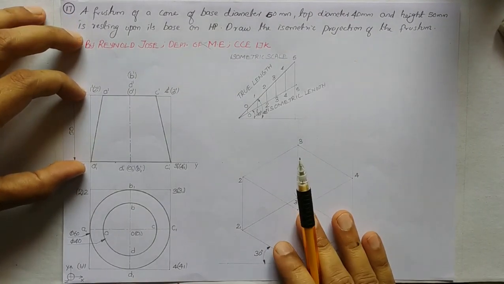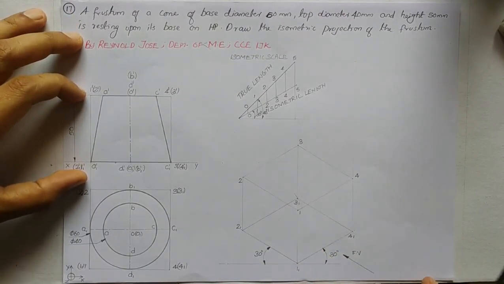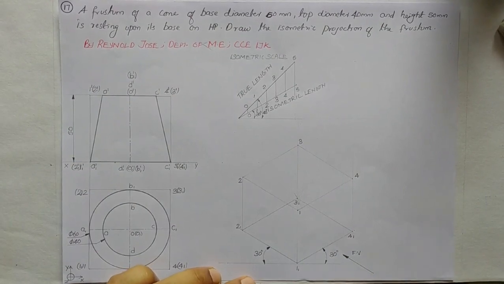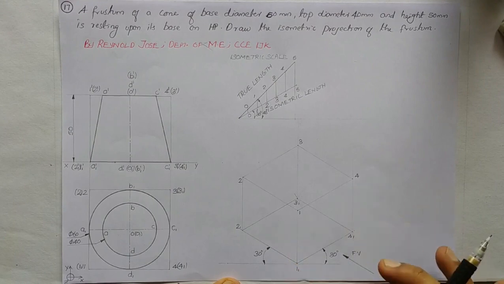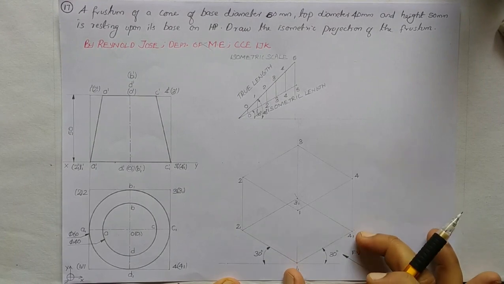What we are going to do now is construct the isometric projection of this square prism onto the right hand side. I have already constructed it. If you notice, we have taken point 1 as the origin. On the right hand side we are having 1 1, 4 1. To the left hand side it is 1 1, 2 1 along the base. And I have taken length reduction. So this side is 1 1, 4 1.